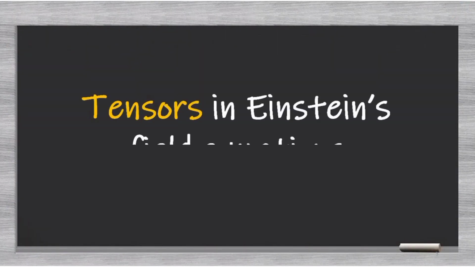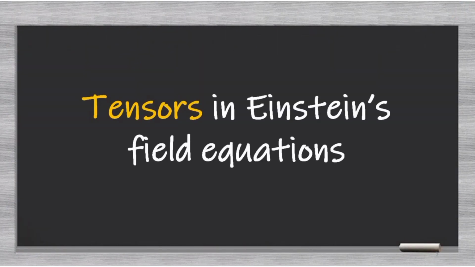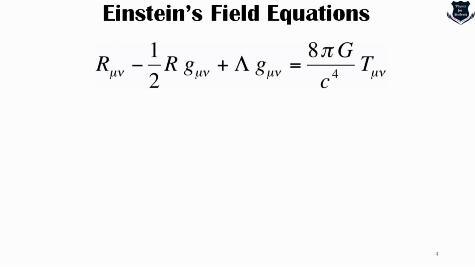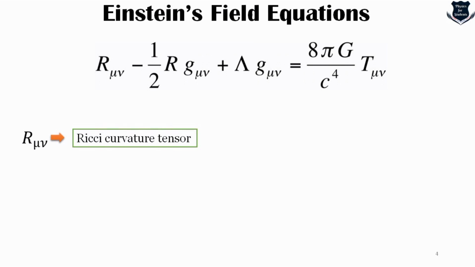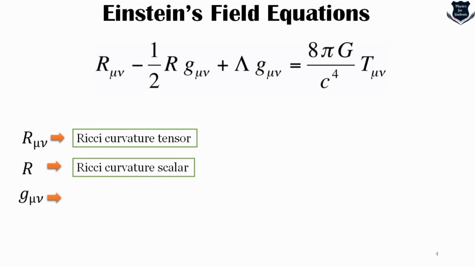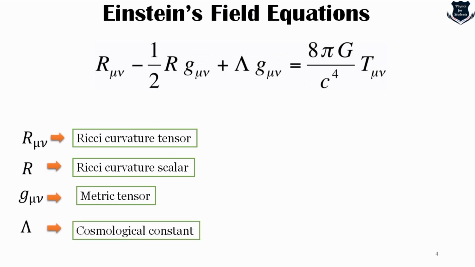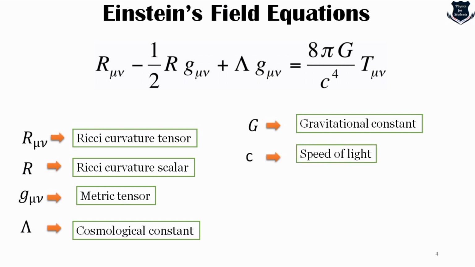So first of all, we try to find out what tensors are used in Einstein's field equations. Now we all know, and previously we have seen, this is what we call Einstein's field equation, where R mu nu denotes the Ricci curvature tensor. The R in the second part denotes the Ricci curvature scalar. The g mu nu is basically the metric tensor. The lambda is known as the famous cosmological constant. The G denotes the gravitational constant of Isaac Newton. The c is the speed of light, which is constant. T mu nu actually denotes the